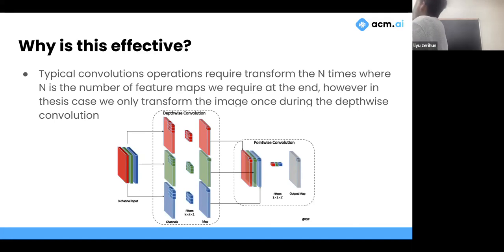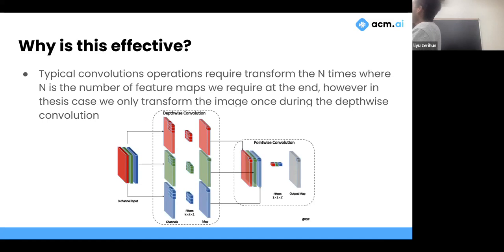But basically, what depthwise separable convolution does is it says, okay, instead of doing this dense connection between every single channel, let's just make the first channel in the input match the first channel in the output, the second channel in the input match the second channel in the output, and so on and so forth. So this is a direct connection that is much sparser, right?